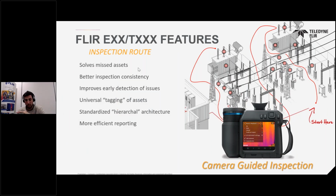Last but not least, I want to showcase a great example of hardware and software integration, addressing many of the most annoying pain points when it comes to performing infrared inspection. The inspection route is a built-in camera option, allowing the maintenance team to not miss any assets during the inspection,